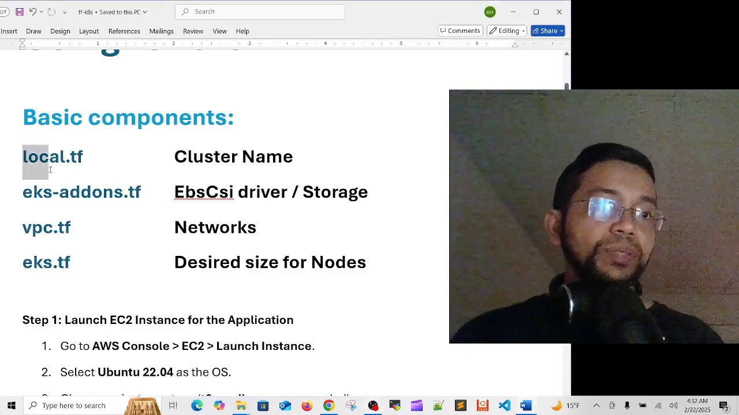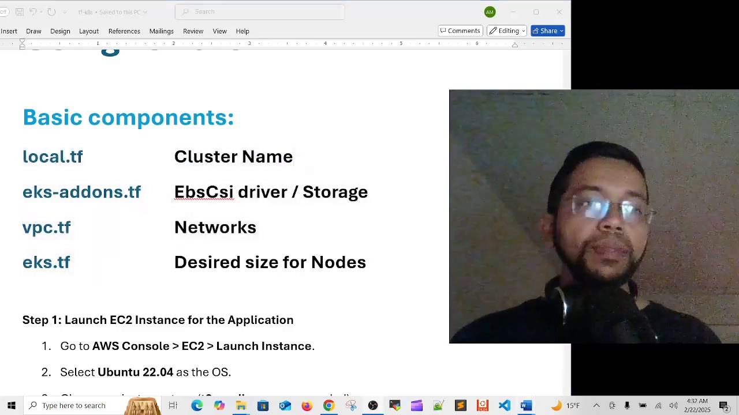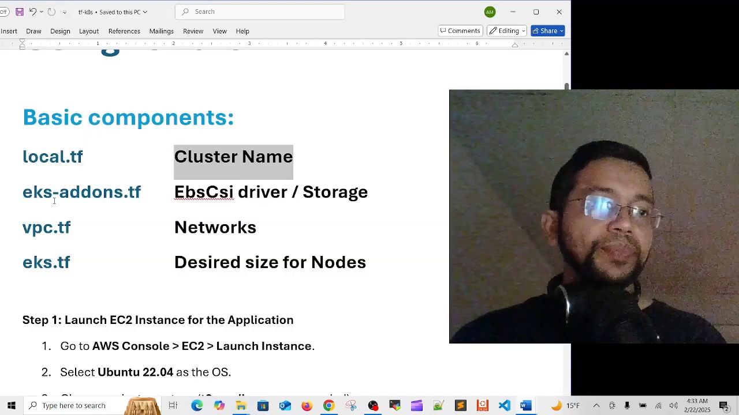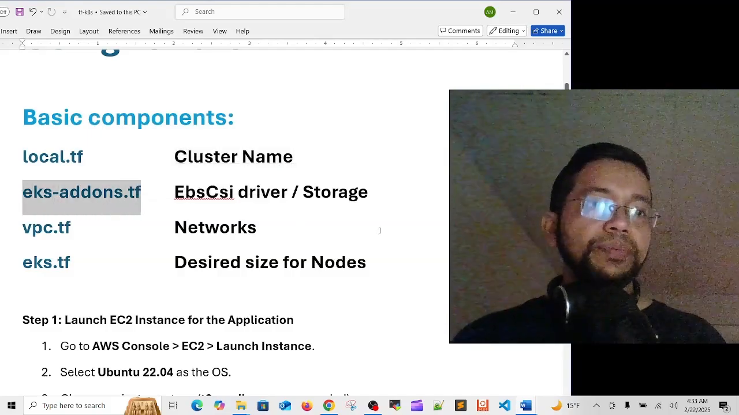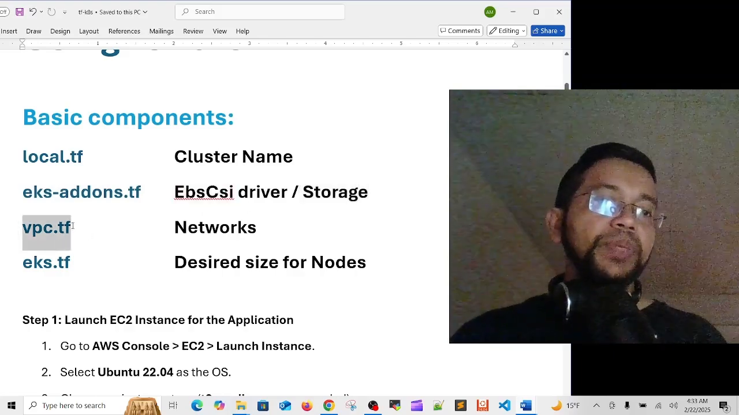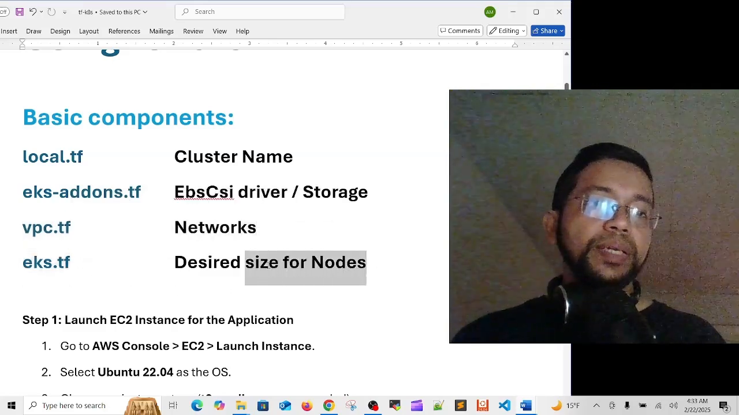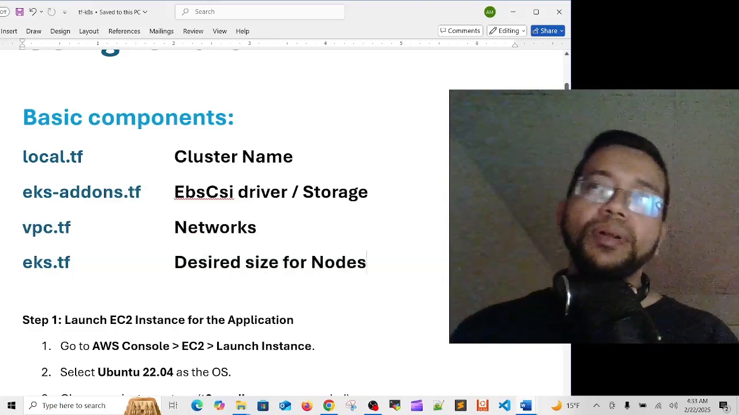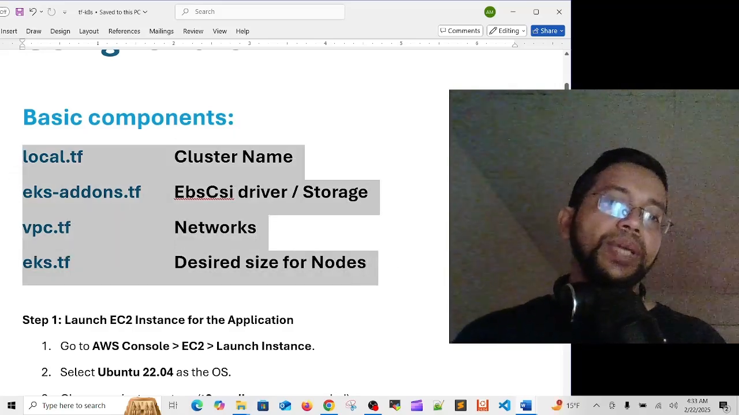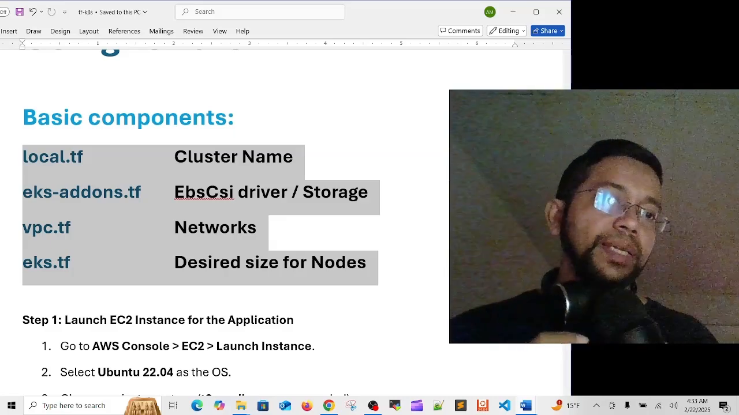Just four elements, or four components, I have added. I started with locals.tf, which has the cluster name. Then eks-addons.tf, which has the storage, especially the EBS CSI driver. Then vpc.tf, which has the networks. Then eks.tf, which has the desired node size, min and max also. So only these four components, if you can execute or apply them in Terraform perfectly, you can easily create the